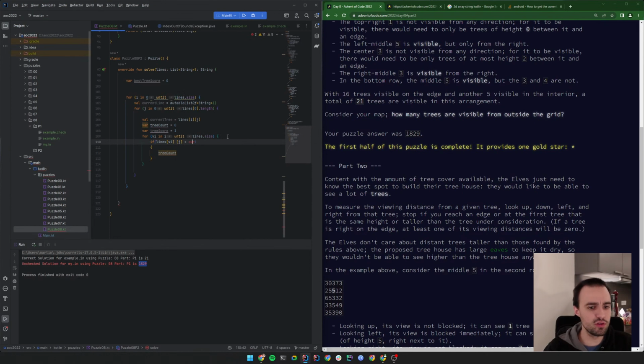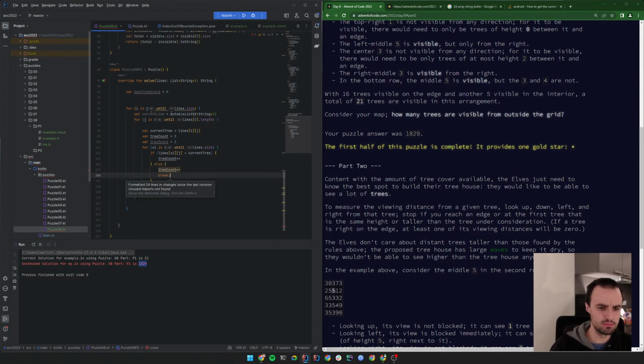Okay, so if this is smaller than our current tree, then we can say tree count plus plus. And else we can also say tree count plus plus, but we'll also need to break the loop